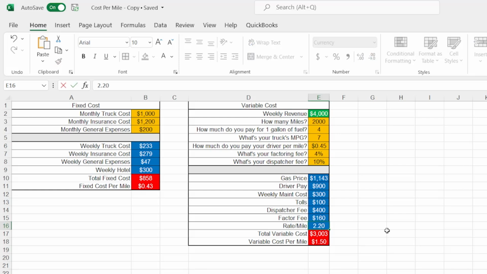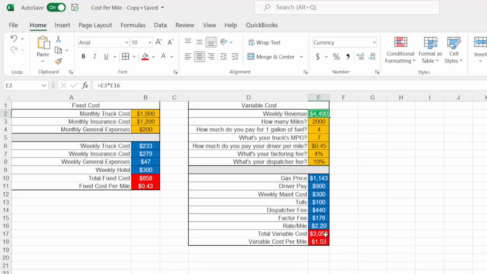Notice here, this increases our total variable cost only a little bit, only because our dispatch fee and our factoring fee is based on our weekly revenue. But if we're able to keep our miles constant at 2,000 and increase our rate per mile, you can already see we're making $400 more, but not really spending any more money